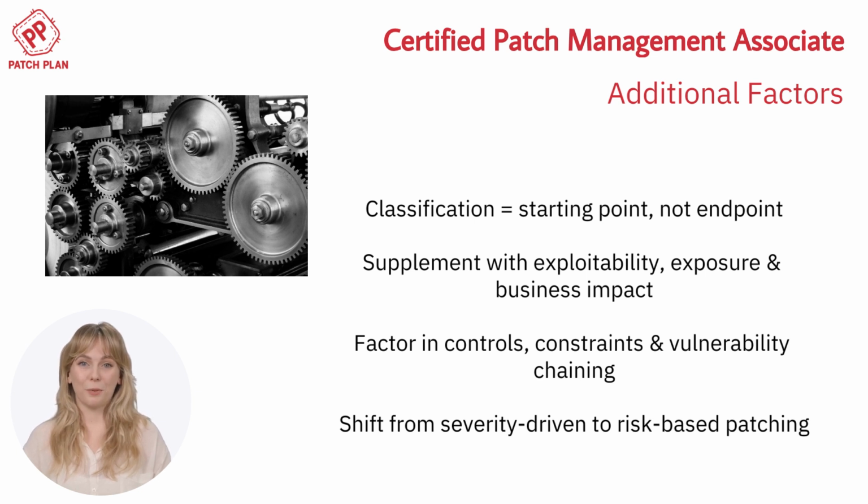Business criticality plays a role too. Assets that drive revenue, handle sensitive data, or support essential services must be prioritized. Compensating controls such as firewalls or intrusion prevention may reduce urgency, while operational constraints can delay patching when uptime is critical. Finally, attackers often chain vulnerabilities together, turning minor flaws into major risks. By layering these factors on top of severity categories, organizations move from severity-driven patching to risk-based patching that better reflects